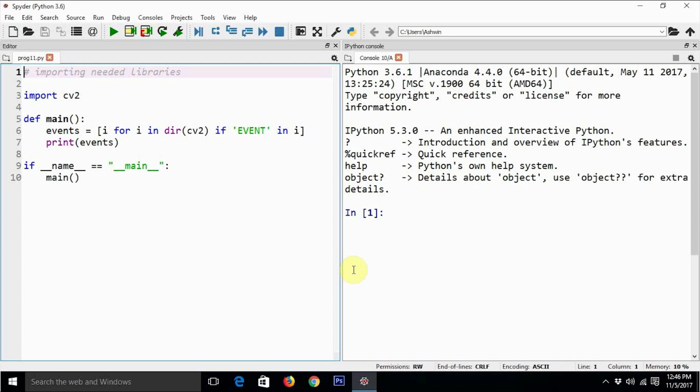In the last tutorial we saw how to create an interactive application by using the trackbar GUI component in OpenCV. So in this tutorial we are going to see how to create a couple of interactive applications using the mouse events. Let's have a look at a very simple program to understand what an event is.